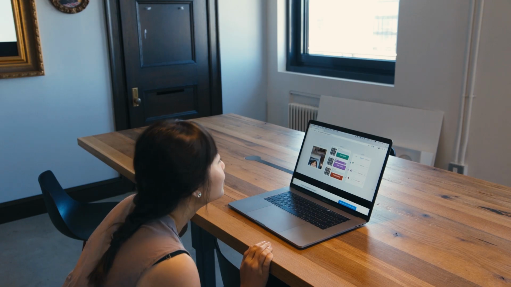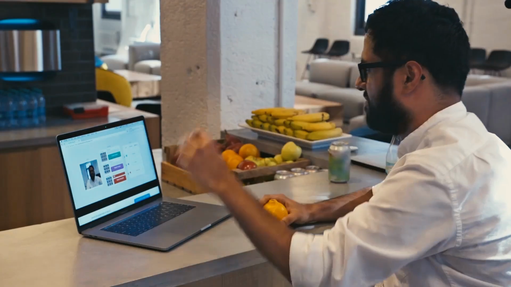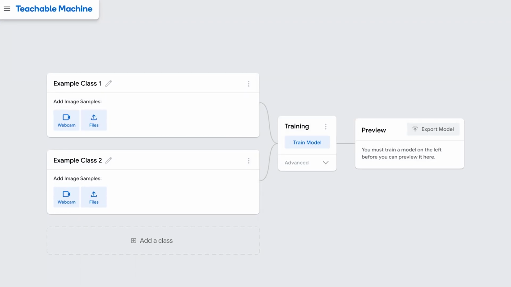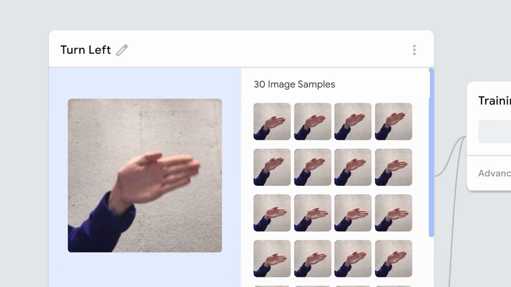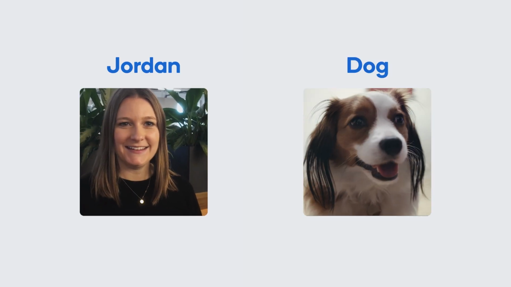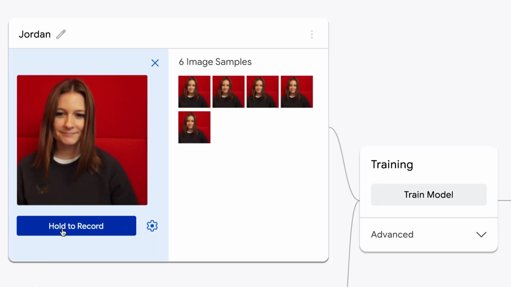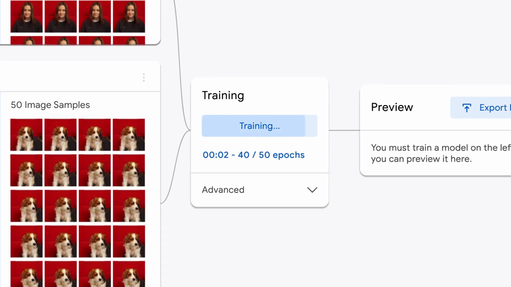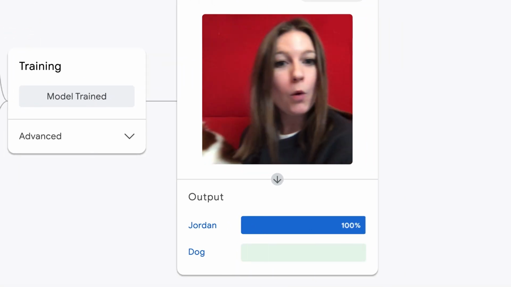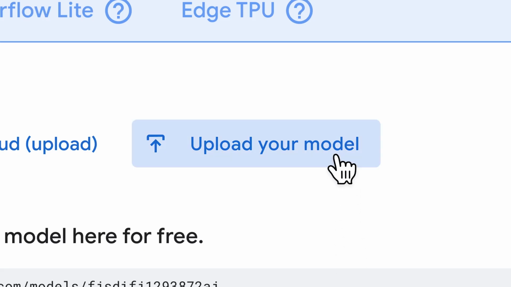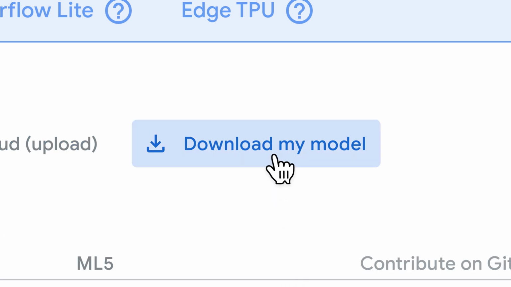When it first launched in 2017, it allowed everyone to get a feeling for what machine learning is all about. But now, Teachable Machine puts the power of machine learning in your hands, allowing you to save your models and use them in your own projects. So let's say you want to build a model to recognize you versus your dog. You just open up the site, record samples of you, and samples of your dog. Click Train, and you instantly have your own machine learning model, which you can use in your sites, apps, and more. You can upload your model to host it online, or download it to work entirely on device.